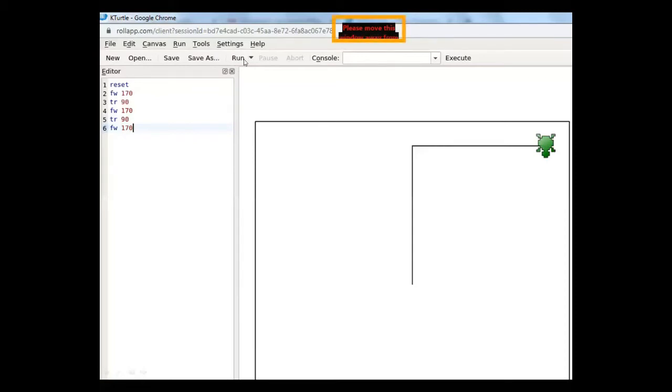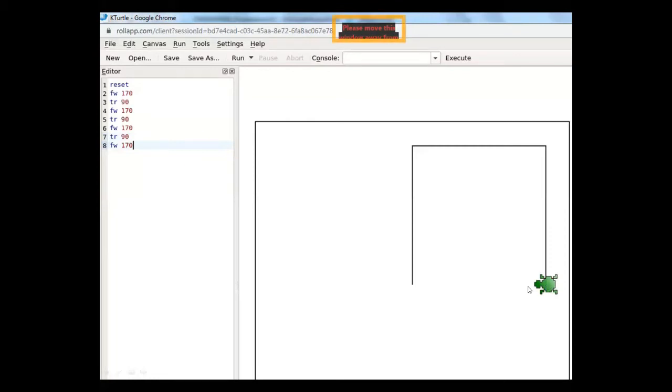The turtle moves in the forward direction. Now I write again the command TR90. TR90 means turn right. So when I write the command TR90 and click on the run button, the turtle turns to the right by 90 degrees.